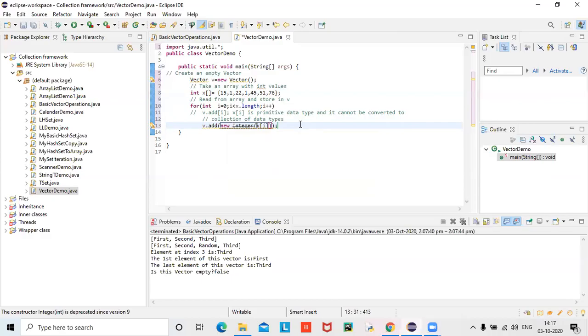But in which as an argument I passed that or not? Integer. So I have created an object. An argument I pass means a parameterized constructor is invoked. Yes or no?